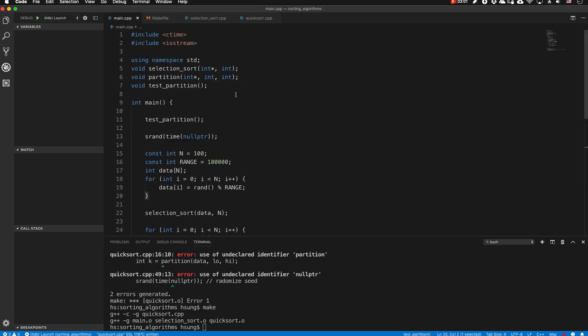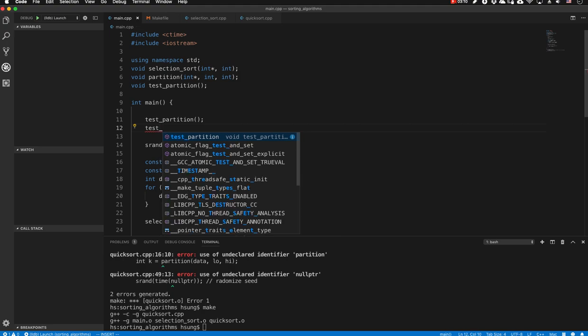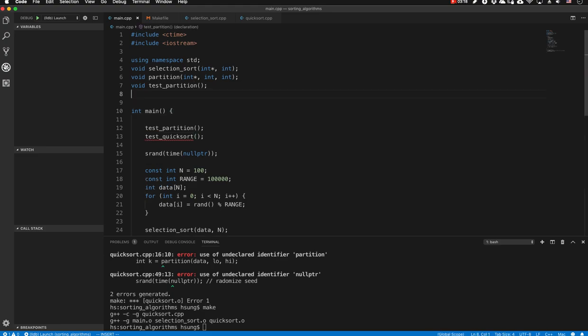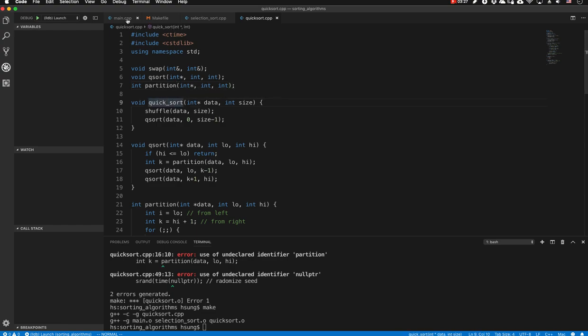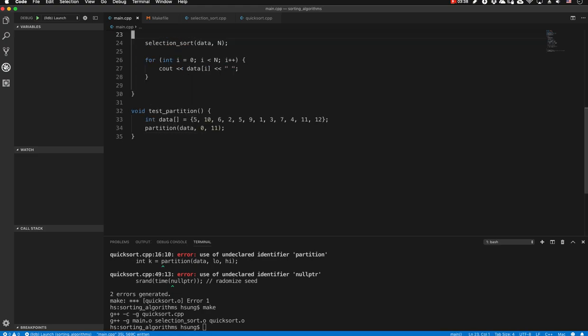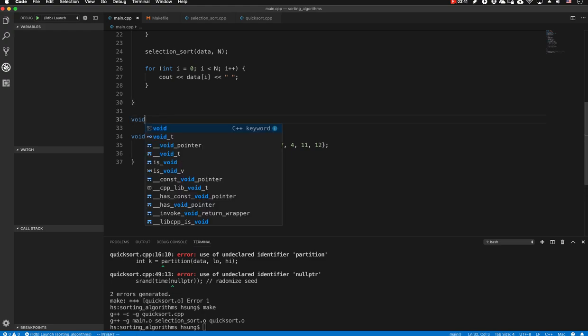So let's go to the main function and let's do test quicksort there, and then let's give a prototype, test quicksort, and the quicksort, quick underscore sorter. So let's make it the same name just for clarity. It's there. And then let's implement a test